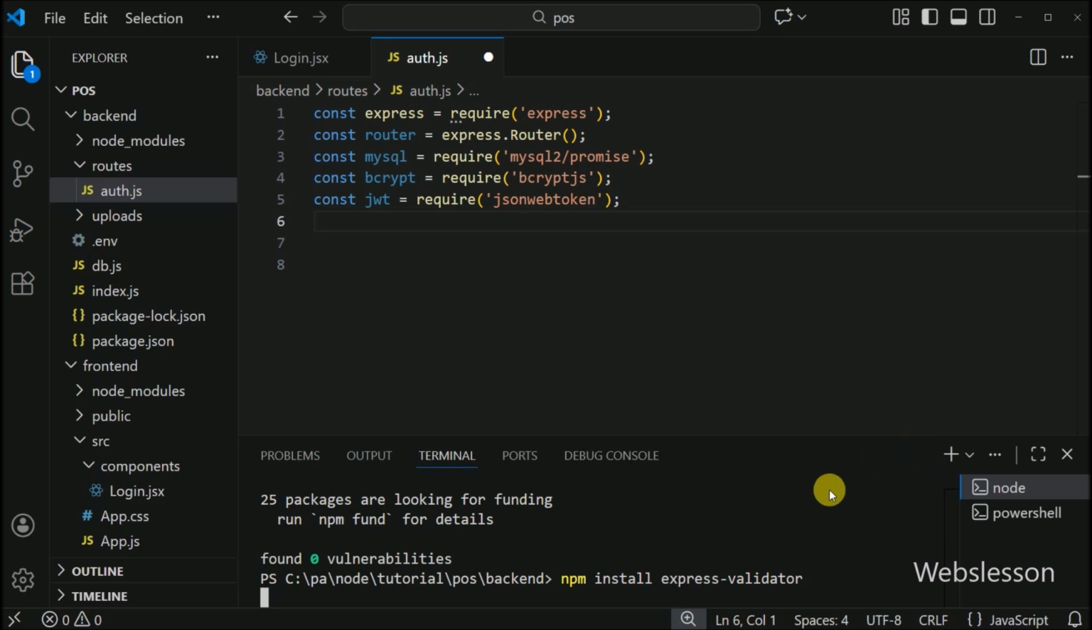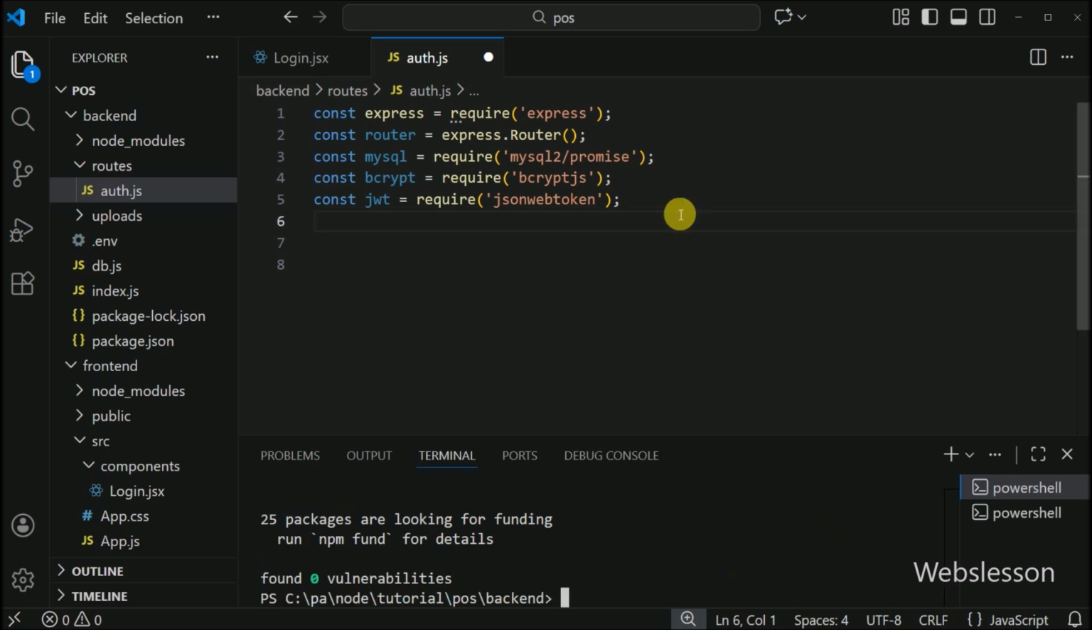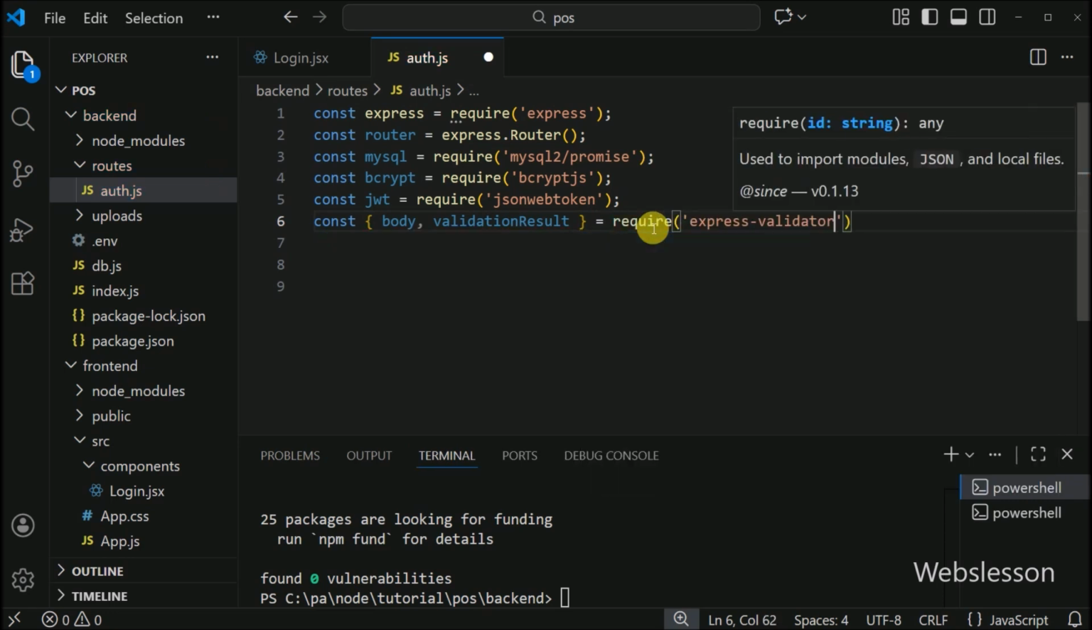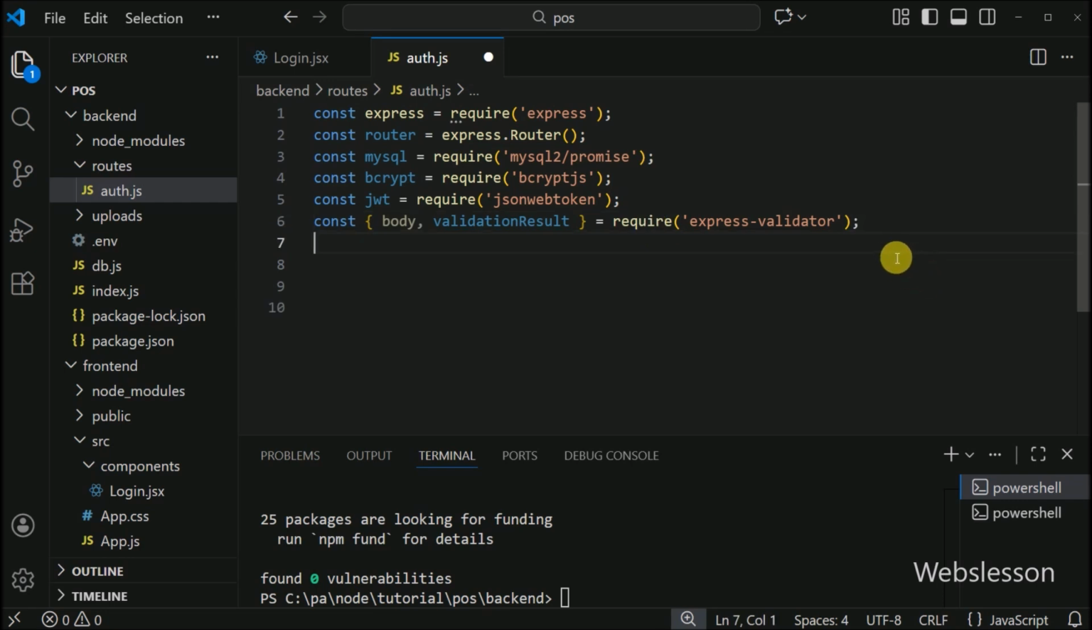So it will download the Express Validator library under this node_modules directory. Now in the auth file, we have to write a destructuring assignment with body and validationResult from the Express Validator module. So here, we import Express Validator middleware, where the body function validates incoming request data, and validationResult collects all